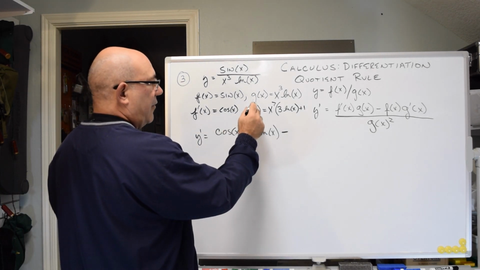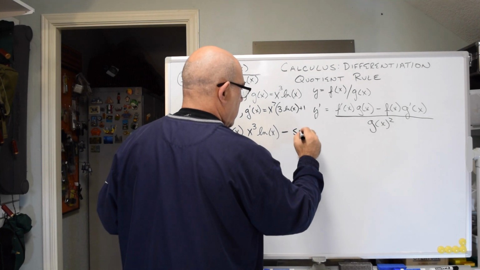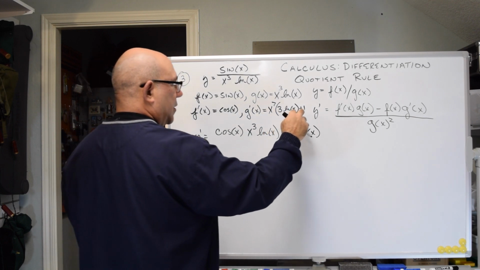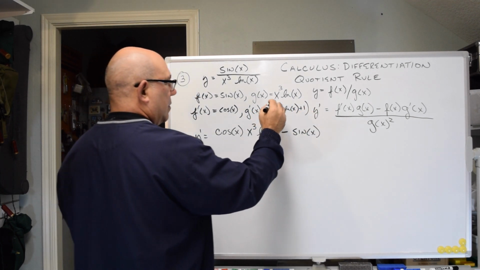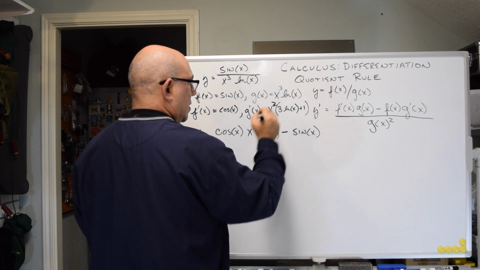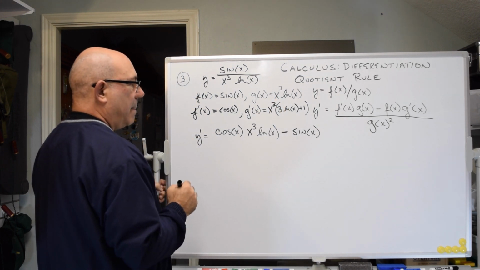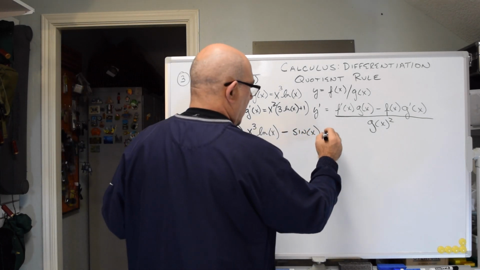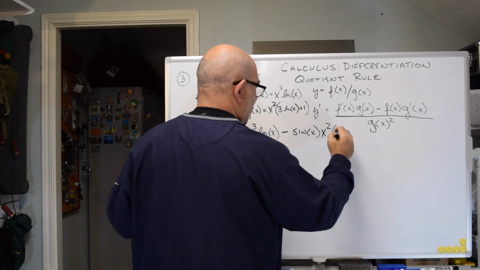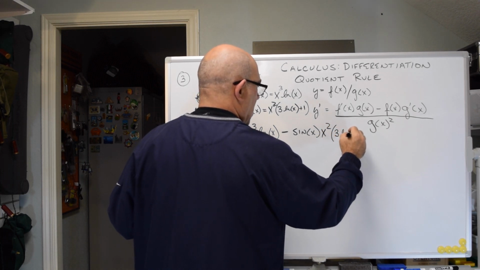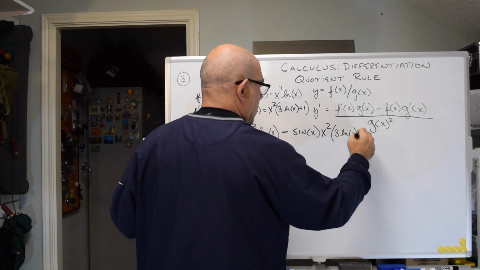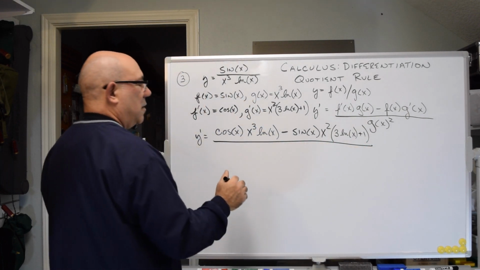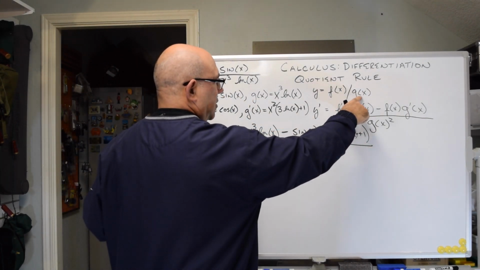Minus f of x, which is sine x, times what we discovered before for the derivative of g of x, we need to plug into here. So we have x squared times 3 log x plus 1. That's going to be all over